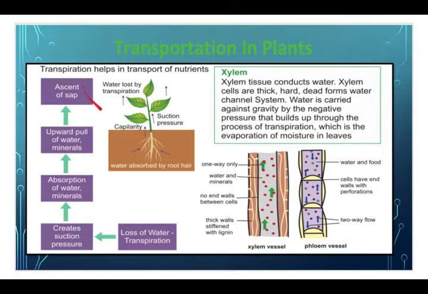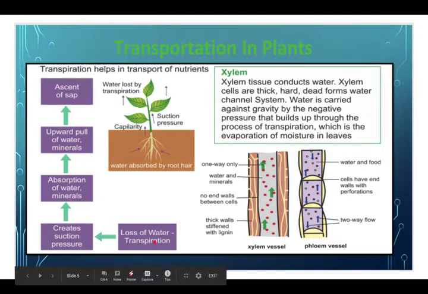Now you can see here water is absorbed by the root hairs, then through the capillary mechanism with the help of the tube-like components of the xylem, which are known as vessels, a suction pressure develops due to the transpiration pull, and that water is sucked in the upward direction like a fluid is sucked by a straw. In that way these vessels are acting,